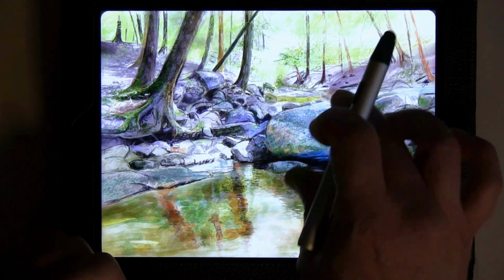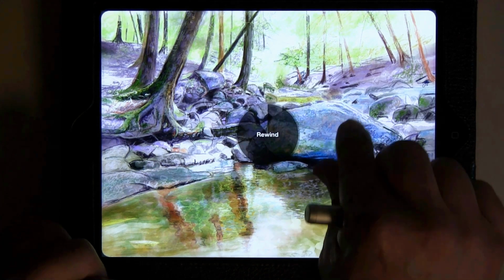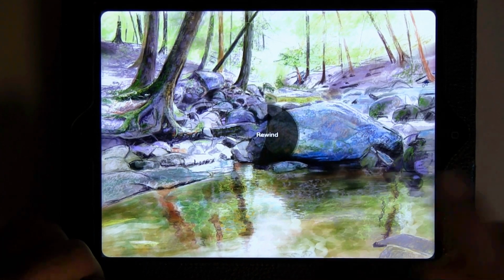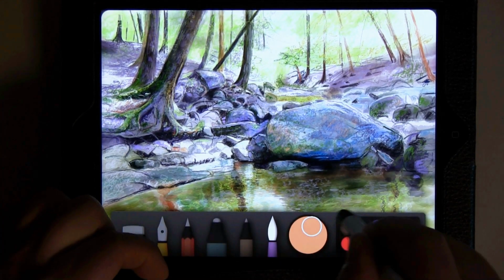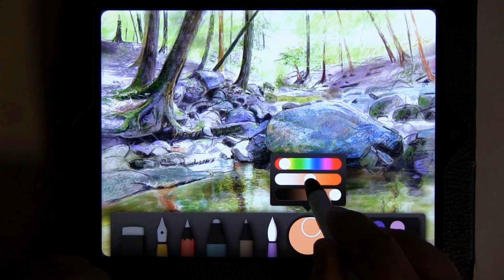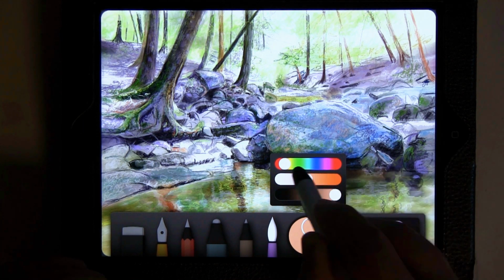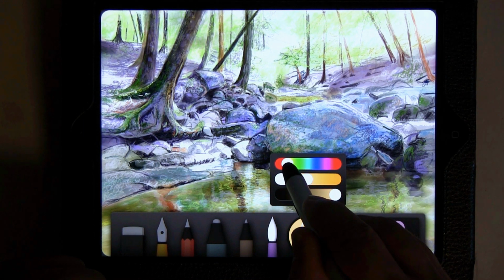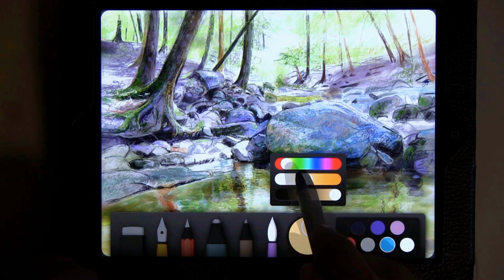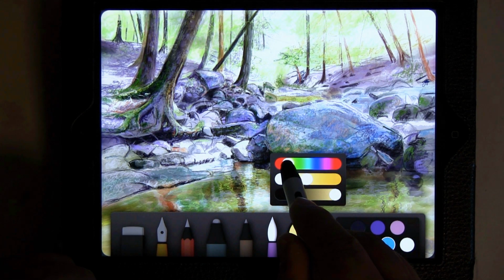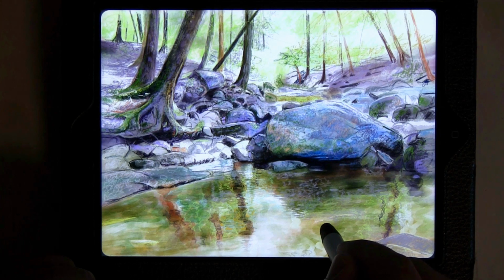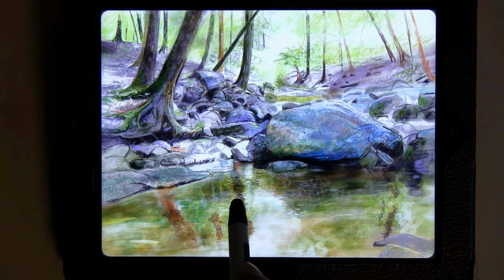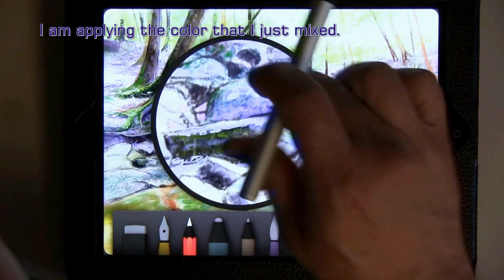I'm not happy with that. Let me rewind. Good, got rid of it. I'm gonna lighten it just a little bit, and maybe add some more yellow. Yeah. A little bit more yellow. Okay. Now I'm going to work in